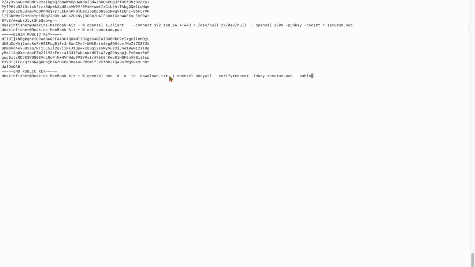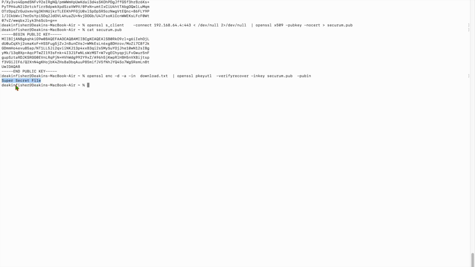We're going to use the OpenSSL tool once again to decode the base64 download.txt file back to binary, then decrypt the string back to the original secret string using the pkeyutl tool, the public key encryption tool, and we're going to use verifyrecover. And once we've done that, you're going to see it prints